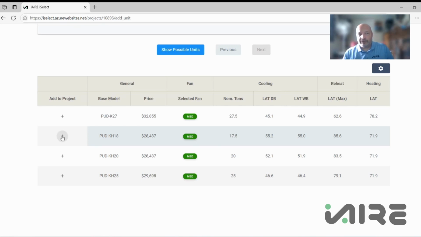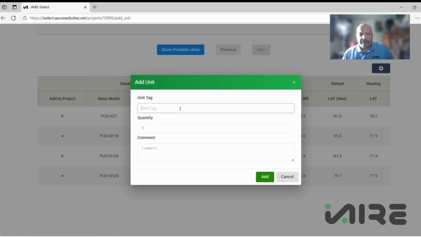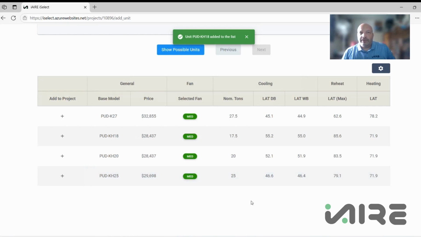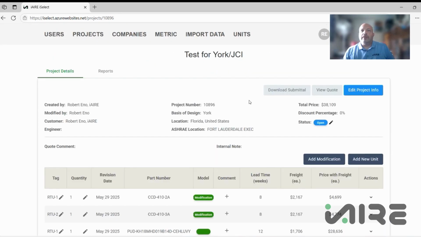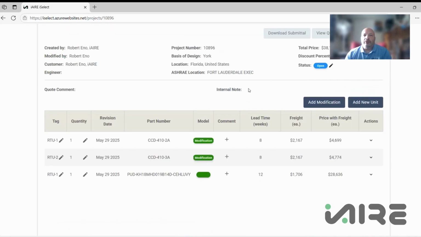This is where you actually pick the unit. So if you've decided this is the unit I want for this build, we hit the little plus sign, we give it our unit tag, and we hit add. Now, once it's added, which it shows you the little green bar there that it's added to the list, you scroll back up here to the top and just hit the job name. Now you're back at your